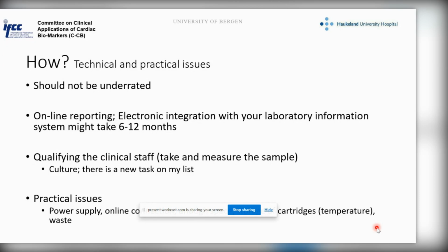on the local regulations. You need to qualify the clinical staff, and that can be a challenge if you have 24/7 shifts, because maybe some nurses only work during night shifts, so it's not easy to get hold of them. And since somebody is always working, you have to have several setups for teaching. Also, there can be some cultural issues because somebody is going to have a new working task on their list, and this has to be accepted, because sampling and analyzing will be moved from the lab onto the clinical